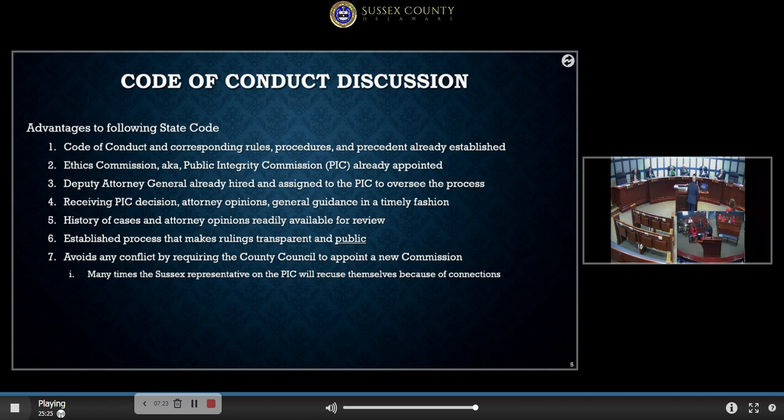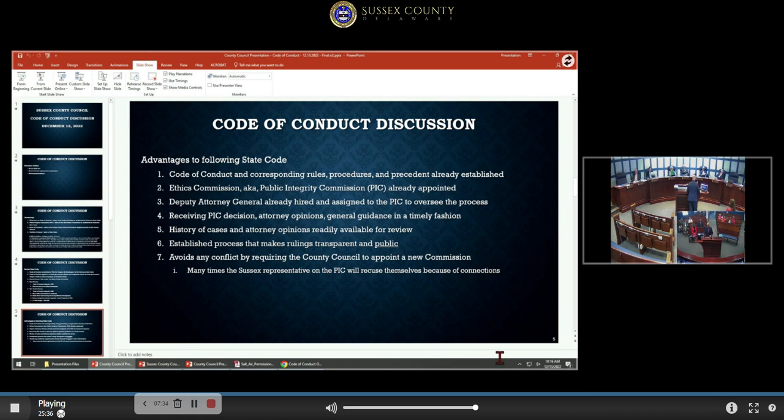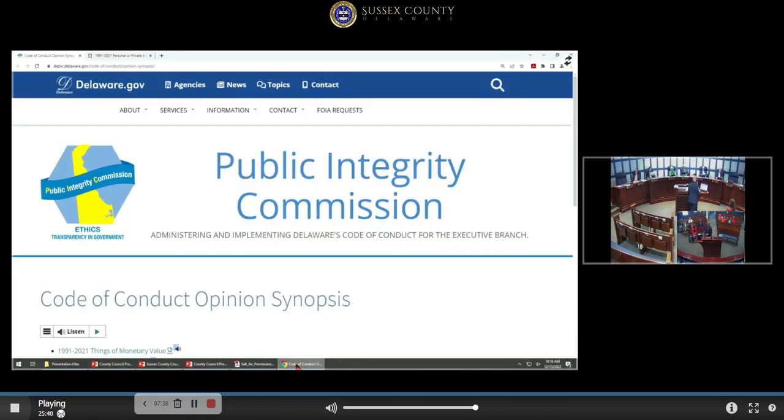As I said before, they have an established process that makes their rulings transparent and public. I wanted to go into a little bit of detail on what I meant by that. I'm going to pull off the slideshow for a second and go into the Public Integrity Commission's website. Their website is part of the state's website. This is their page on Code of Conduct Opinion Synopsis.